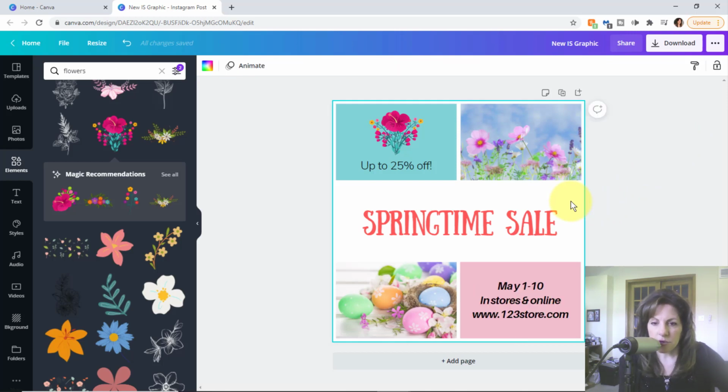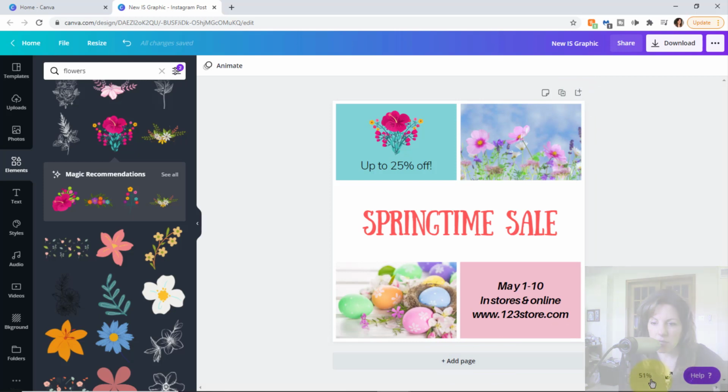Okay, it's not perfect, but it just gives you an example of how easy it is to edit and quickly create your own graphic. You could also use some of the additional features here. Add notes. You can duplicate the page. You can add a second page if you like. You can also add a page down in here. Now it's set for